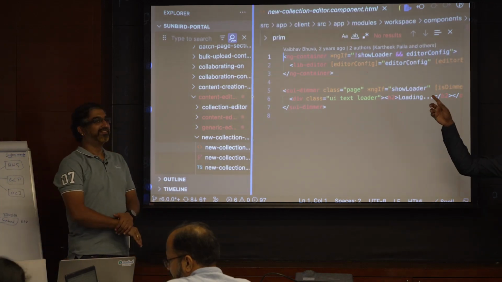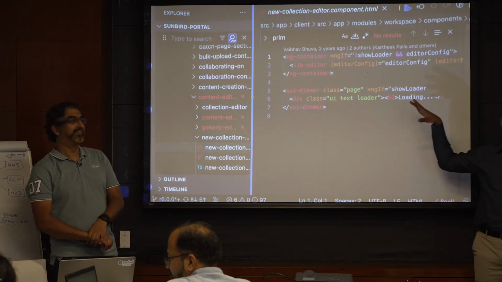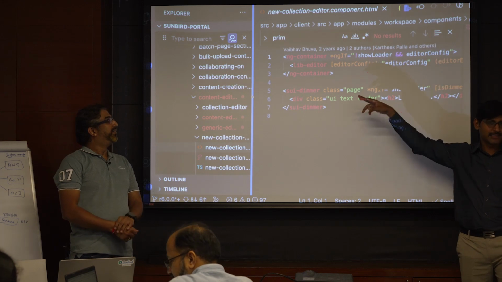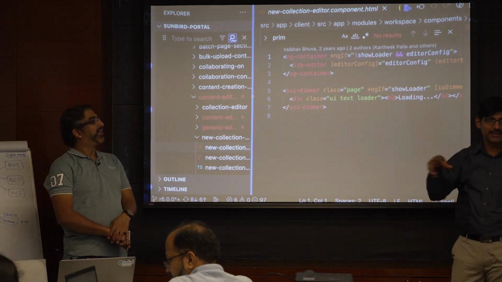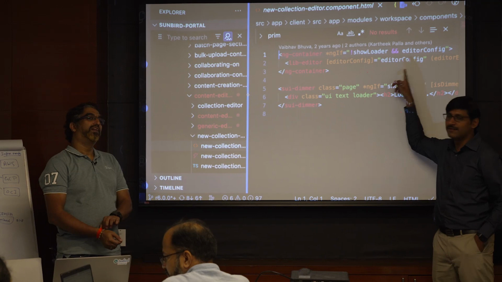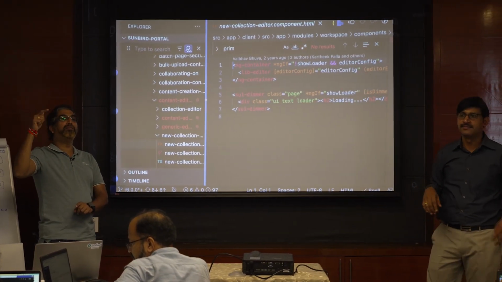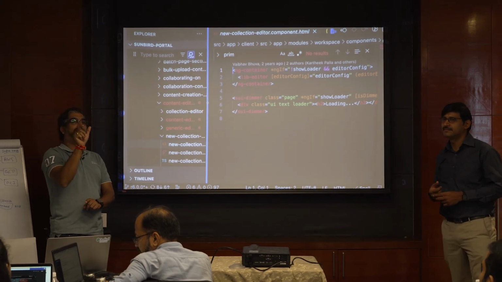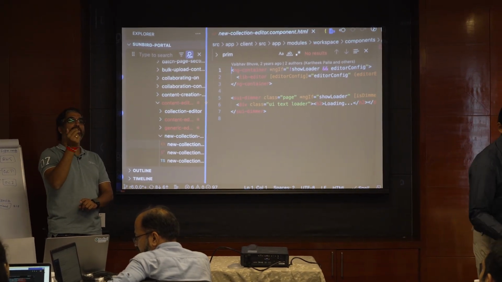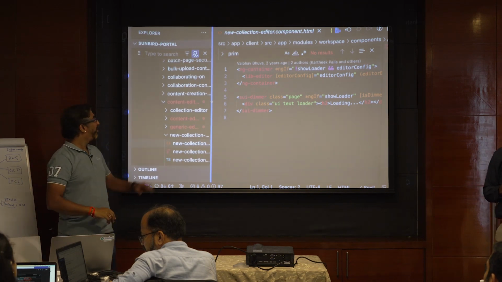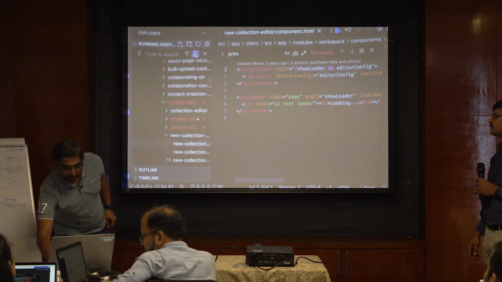If you see this code, there's nothing. Editor integration is very simple. There's no code at the bottom. That NPM package is exposing some tag, and we are using that tag and passing configurations. That will be in the documentation of the editor. In their README file, we will have the tag that has to be used and the configurations that have to be sent so that it will work.